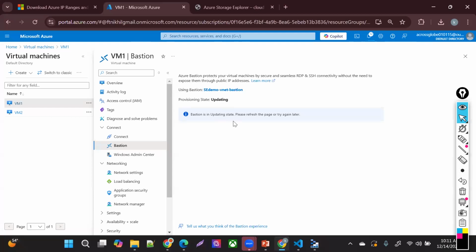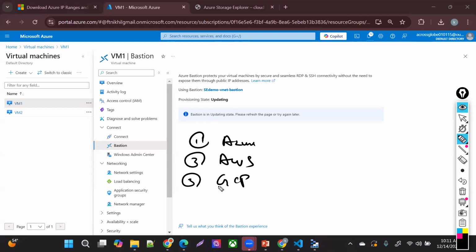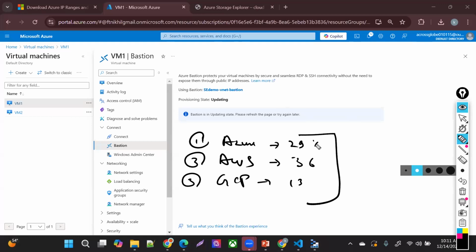Now, one more thing. Whether it's GCP, Azure, or AWS, there are three major cloud providers: Azure, AWS, which you all know, and then third is GCP. We all come from an IT background, so we all know that. As far as I know, the market share is 36% for Azure, previously 29% for this one, and now 13% for this one. In the rest, there are others like Oracle, Huawei, and other cloud providers. But these three are the major contenders.